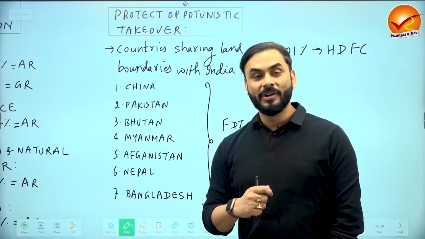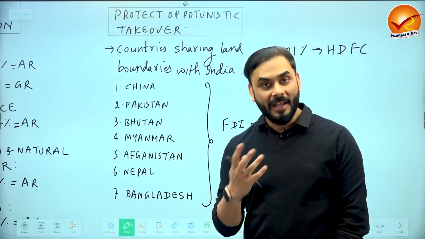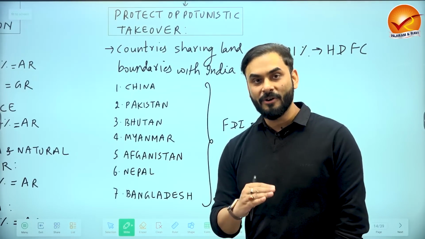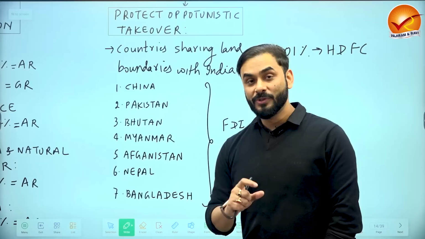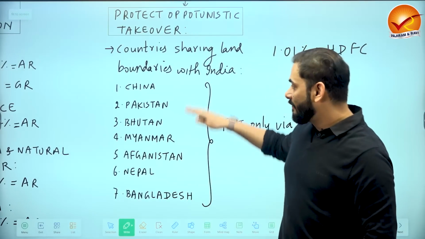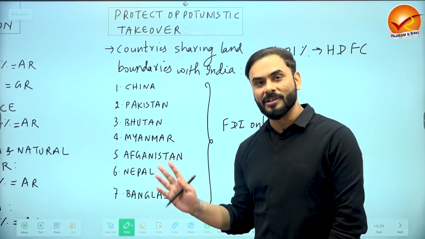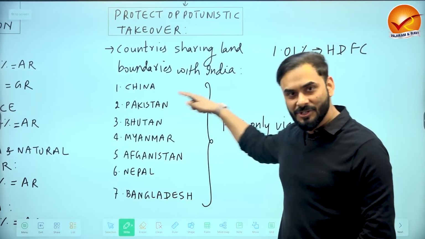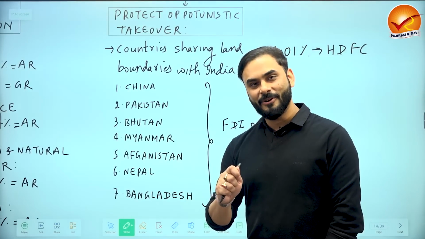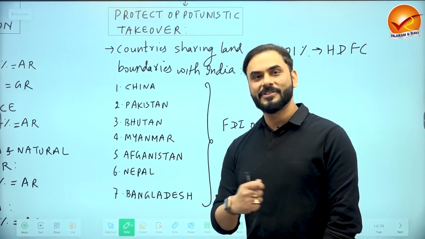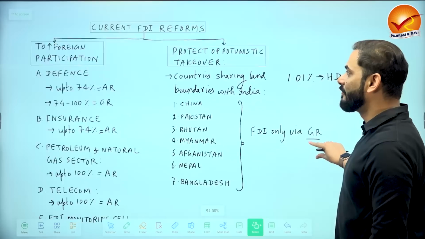And when something comes through government route, government can easily keep track. And if government feels threatened, they can deny it. They can say that, okay, we won't allow foreign direct investment for some period of time when there is crisis, etc. So this is not against China. So what we have done is we have created a policy which looks as if we have created a generic policy. This policy doesn't look anti-China. But you know why we created this policy? Because we wanted to prevent opportunistic takeover by Chinese investors in India. All right, so these are the reforms that you should keep in mind for UPSC.